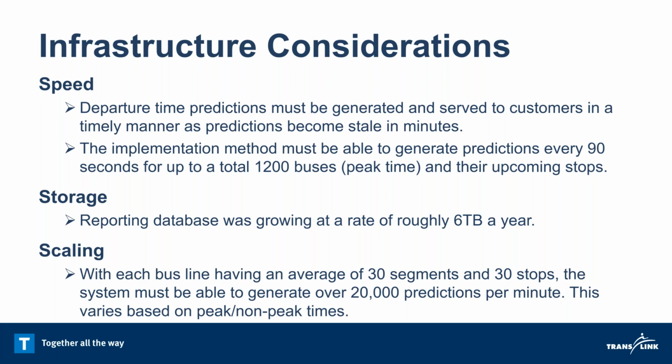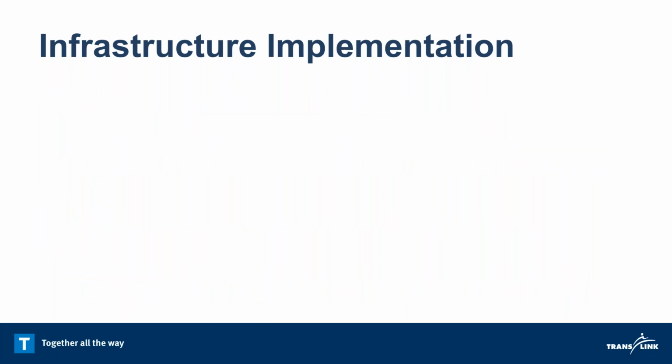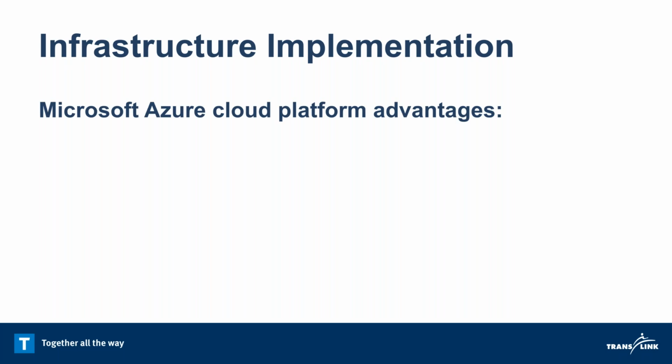As the bus service varies by the day, the system must have the ability to auto-scale to save operational costs. So more resources can be allocated to handle peak loads, but must be released when load reduces. So based on those considerations, we decided doing this on-prem was not feasible, so we went to a cloud-based platform. Since TransLink is a Microsoft Premier partner, the decision to go with Azure was pretty easy. So we used Microsoft Azure.